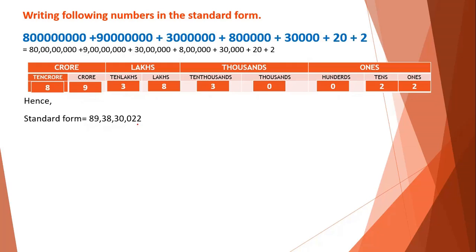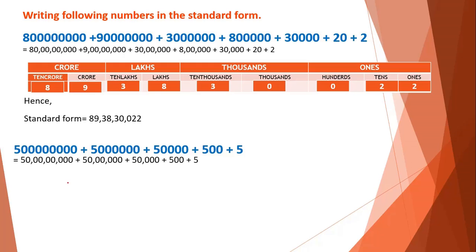In the same way we will take one more problem. They are given the number like this. First we will arrange these numbers in the periods. So we will get like this. First 3 digits will come in ones period. I wrote 3 zeros in ones period. Next 2 digits, 0 0, will come in thousands. We wrote 1000. Again 2 more zeros will come in lakhs period. Then 50 will come in the crore. We wrote 50 in the crore, including commas.